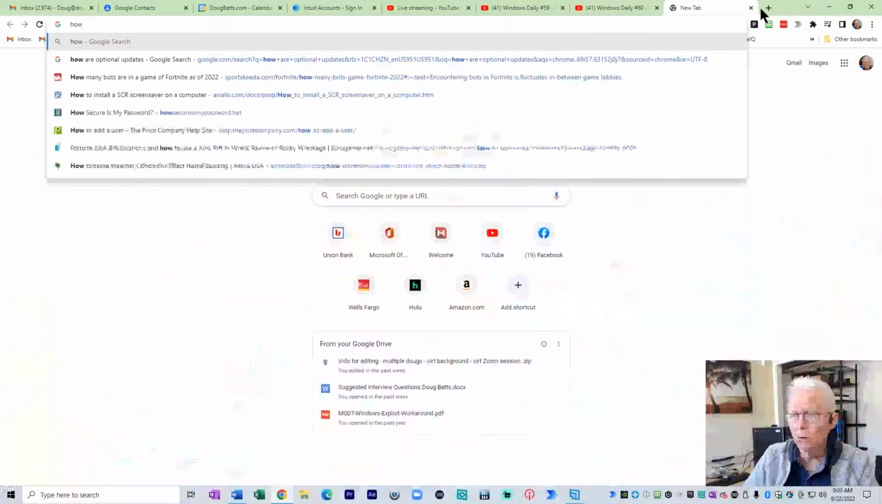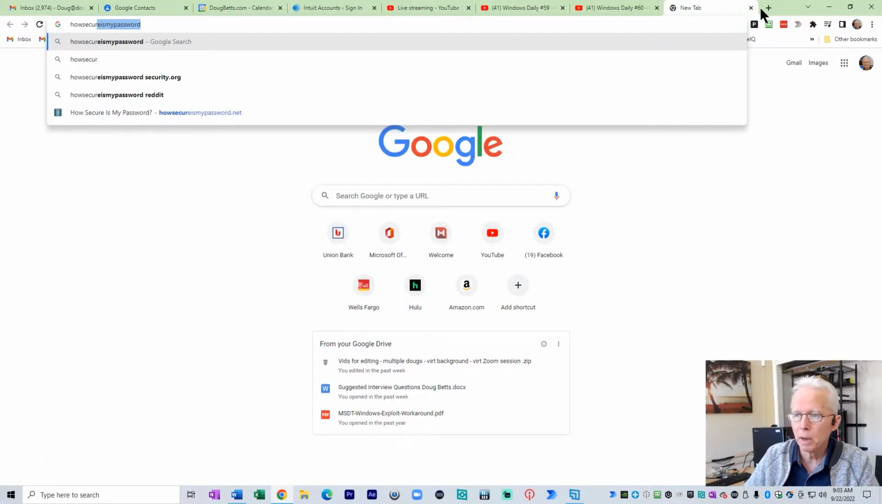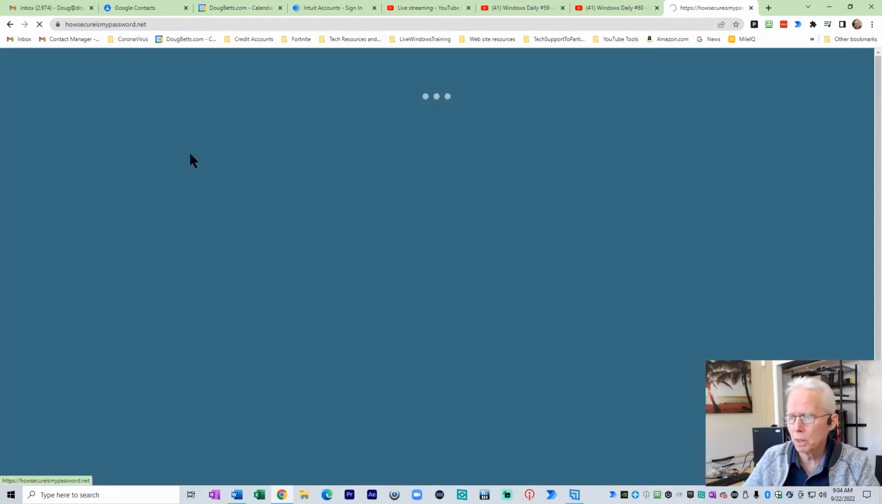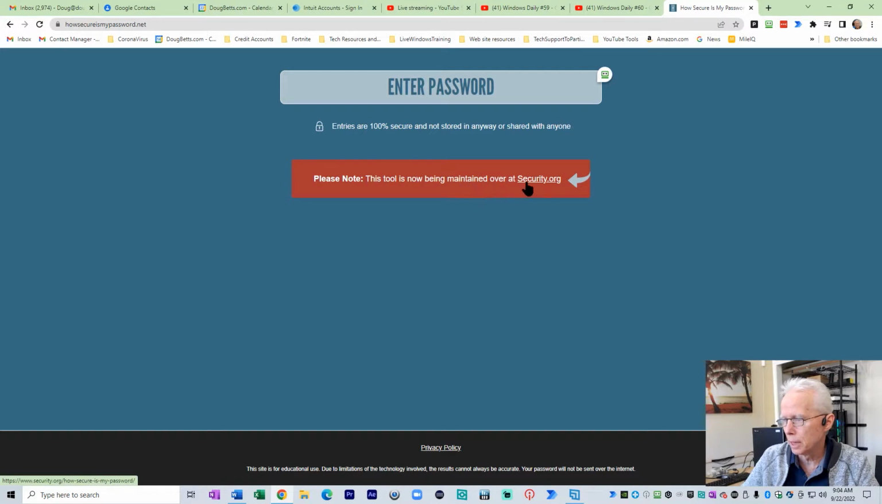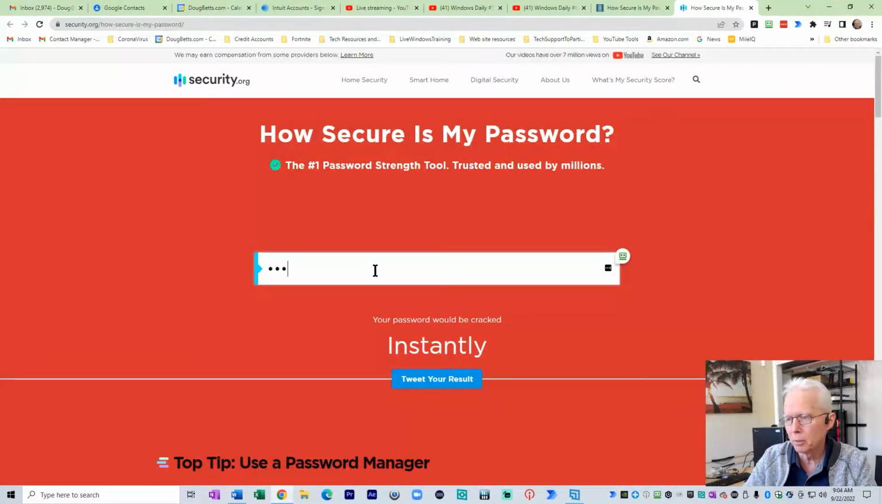There was also some conversation about the passwords. Let's go take a look at that. If you go to a website, how secure is my password? And that's actually being run now somewhere else. It tells you now it's at security.org. And so I just tried a couple of passwords yesterday. Let's see, I'm going to put in the password that I used for my